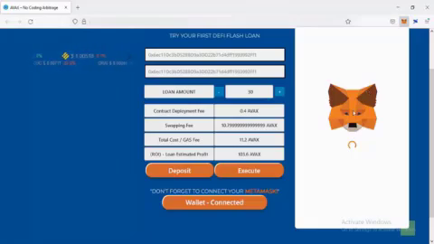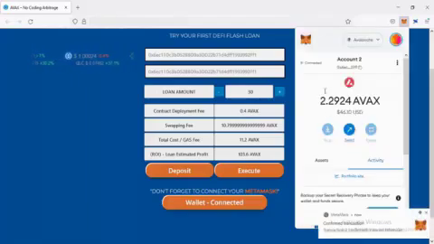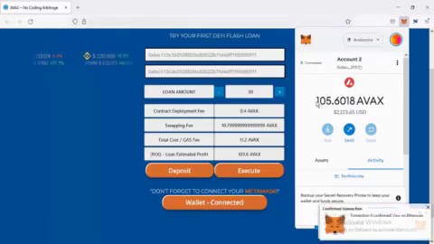It would take some time for the AVAX flash loan to show up. Boom! There you have it. Flash loan was successful. Note, if it doesn't work with 30 AVAX, try to send higher